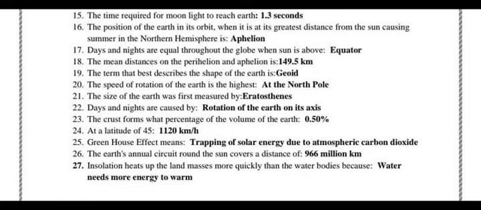Days and nights are equal throughout the globe when the Sun is above the equator. The mean distance between the perihelion and aphelion is 149.5 million km. The term that best describes the shape of Earth is geoid. Next, the speed of rotation of Earth is highest at the equator. The size of the Earth was first measured by